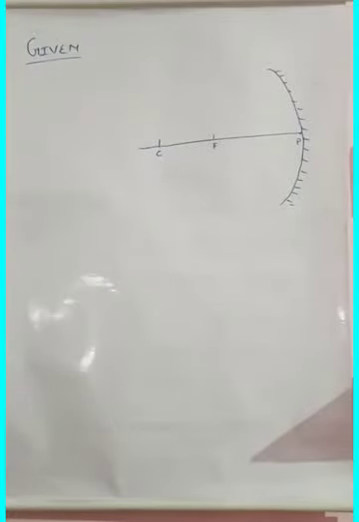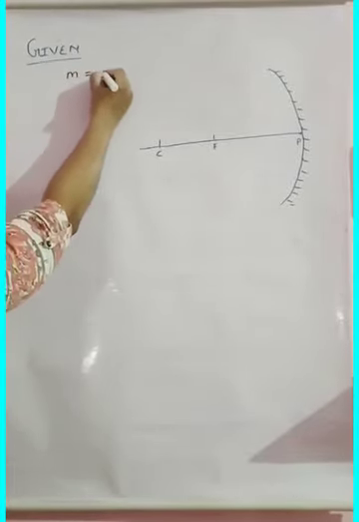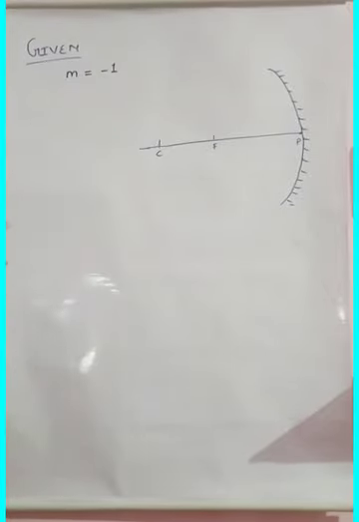Now we are going to begin with the third problem. The third problem says the image of an object formed by a mirror is real and inverted and is of magnification -1. Here they have given one mirror that gives the image real and inverted. Real and inverted means they are talking about a concave mirror, whose magnification they have given to us, that is -1. This -1 is indicating that they are talking about a concave mirror.